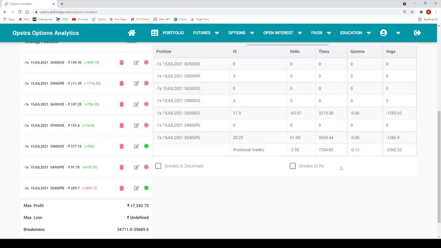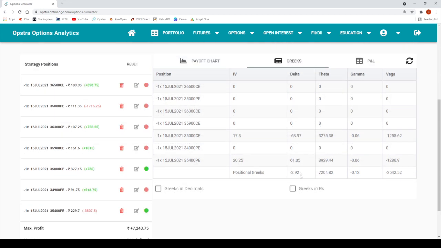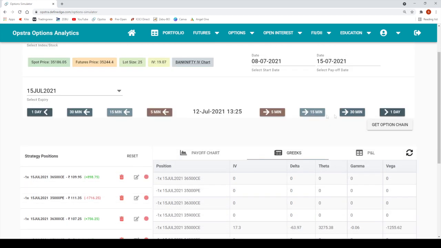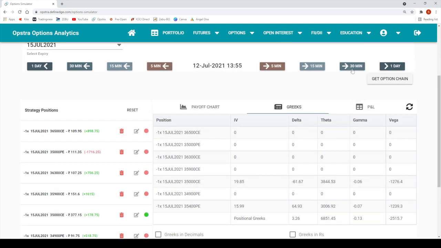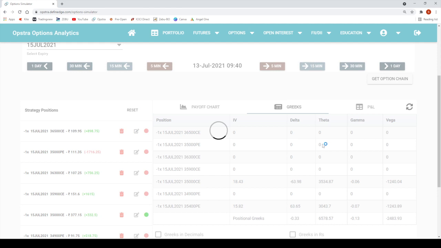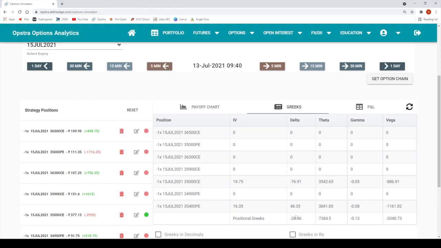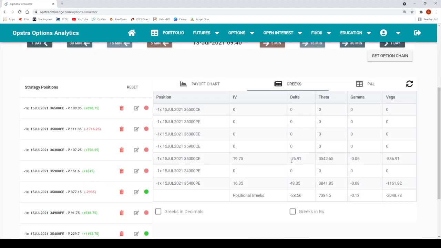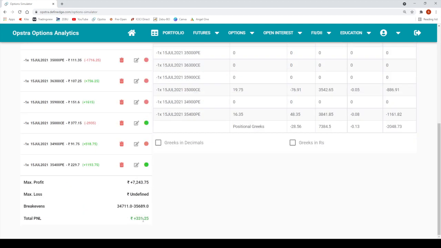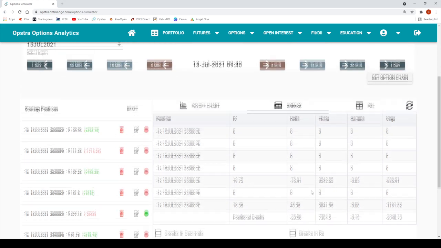So we'll go to Greeks. So now the Greeks are managed. So now we will go forward. 35,174. No problem. Okay, there is a mismatch around 28. Okay, actually we came to next day, that is 13 July. So 15 is our expiry. So we are on 300 rupees profit.